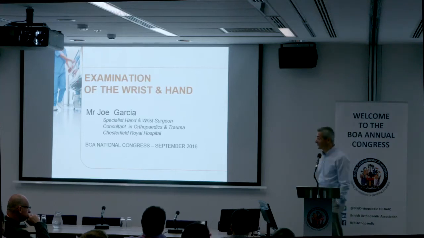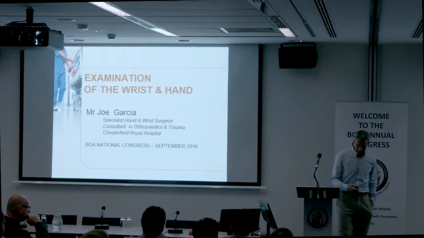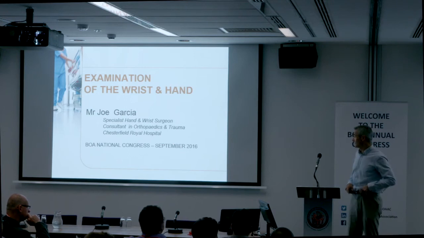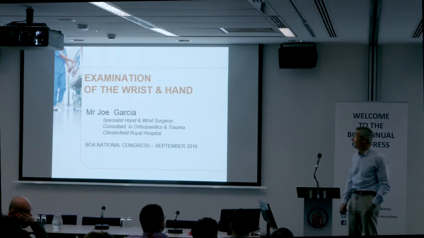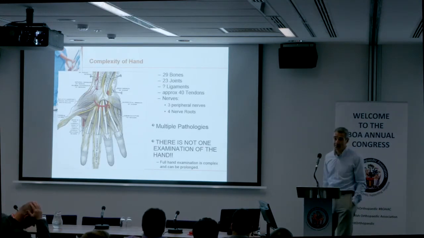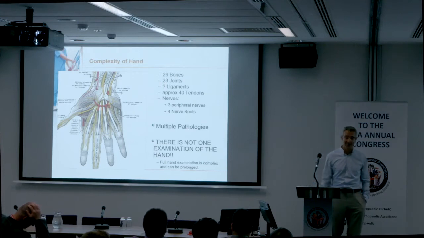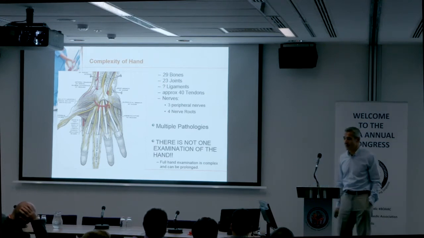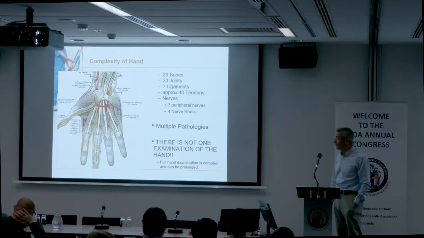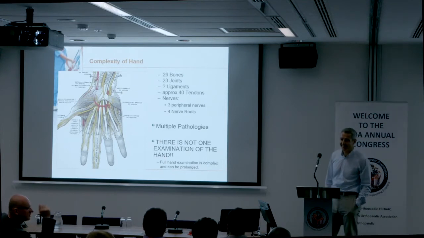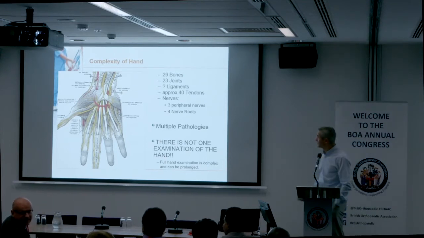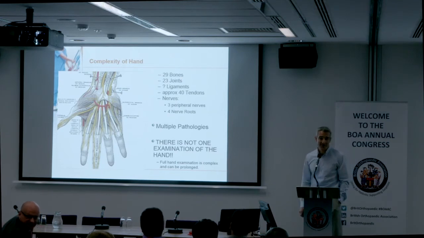Demonstrate examination of the wrist and hand today. I always find this a little bit difficult to do in such a short time, unlike the previous speakers who do with just one joint. I have to deal with multiple joints. They're all little. So we've got multiple anatomical structures, and any of those structures can be involved in some disease